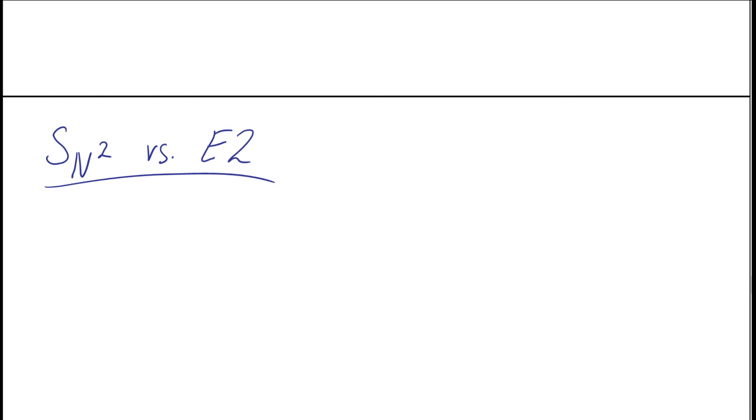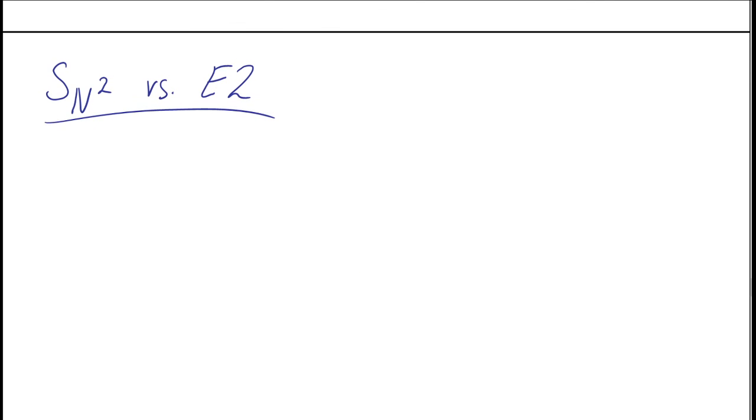SN2 versus E2 is a more useful comparison, often synthetically, because these are the products that are more directed and the ones that leave less up to chance and the ones that we want to target. We want to make this thing, we want to do this particular reaction. So we're going to look at some factors here. So one is steric hindrance